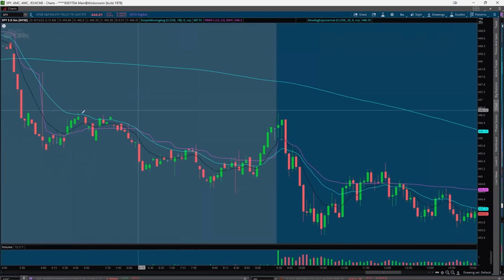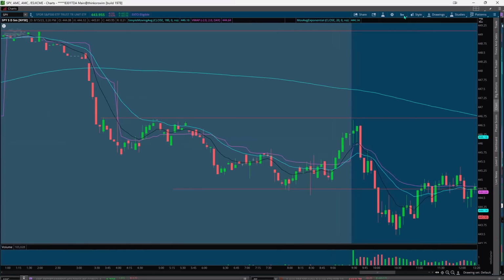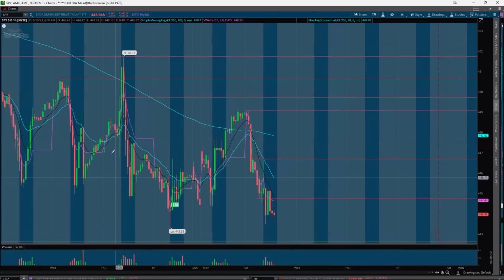All right, so we had a lot of resistance in the pre-market. We touched once, twice, 3 times. Up in this level is 446.6 to 446.7. So I had that marked out as a key level for this morning. Again, I used the pre-market low, so I marked that one out as well. I also come up here and mark out the pre-market high. As you can see, that's marked out. So I have current levels marked out, as well as if I go to a higher time frame, I come out here and I'll pick up